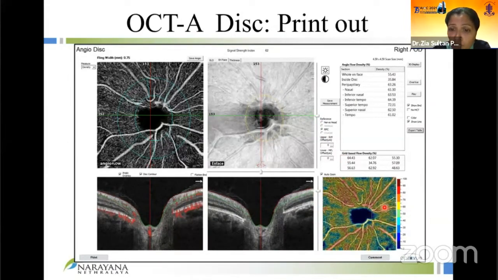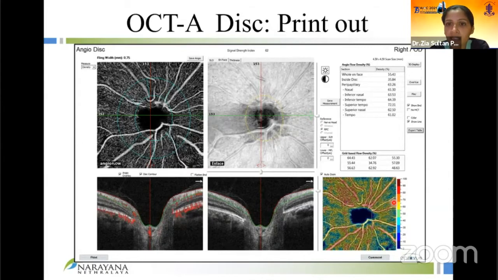So now this is important because this is not compared to normative data. We don't have inbuilt normative data for this machine as of now, but this is basically the hot and cold colors showing how much vessel density there is. So if you see the central area, it's about only between 0 to 20%. Whereas if you look at, say, this supratemporal area, it may be around 60 to 70%. So this is just a heat map for you to localize areas of poor vessel density.